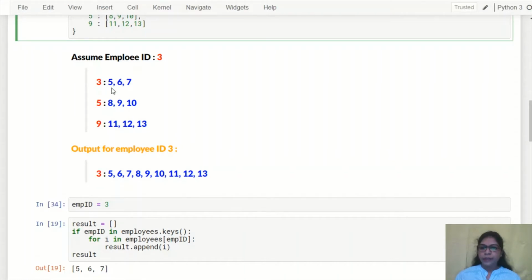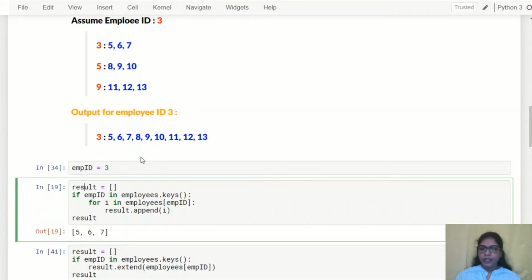Then we have 5, which has 8, 9, 10 who report indirectly to 3. Then again we have 9, which has 11, 12, 13 who report to 9, meaning they indirectly report to 3. So for employee 3 our output will be 5, 6, 7, 8, 9, 10 and 11, 12, 13.